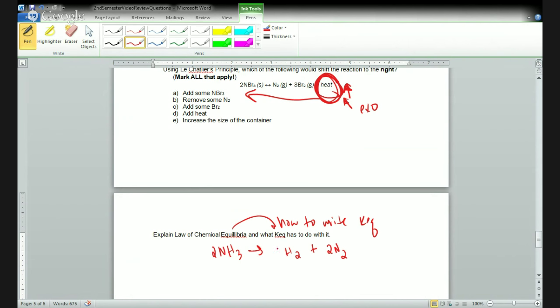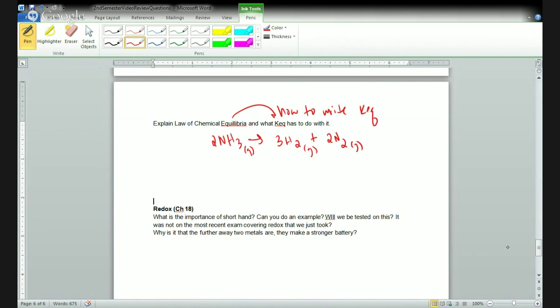All right. So if I'm writing a KEQ, these are all gases. So remember, we do not include solids or liquids in KEQ, and you always put the products over the reactants. Your coefficients become the power that you raise your math to. So if I want to write the KEQ for this, I'm going to put my products on top. So I'd have H2 to the third times N2 to the second all over